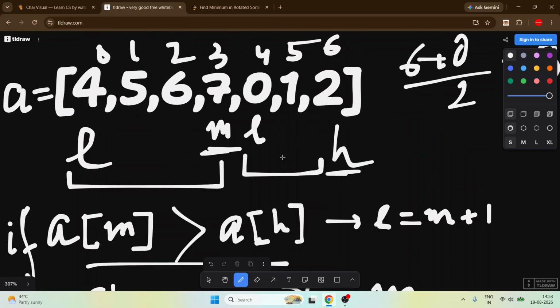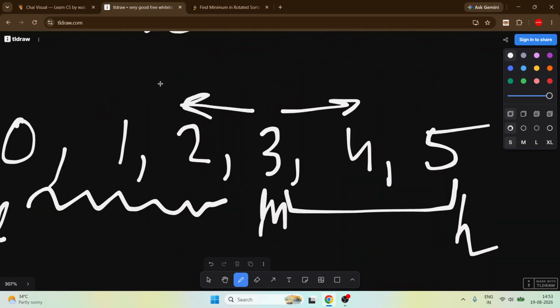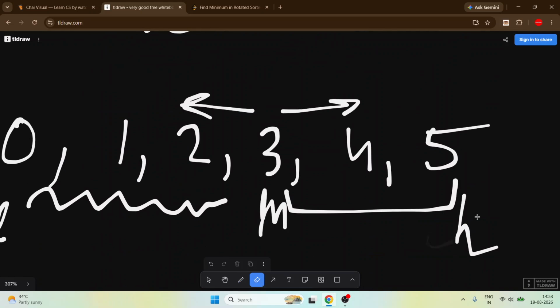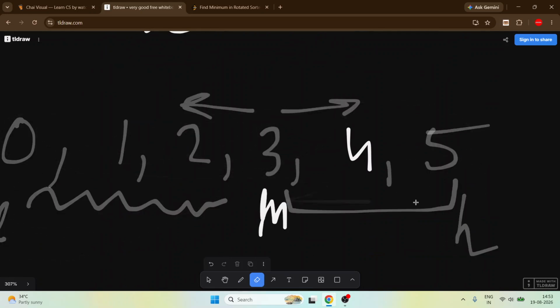Because if we want to find the minimum value, and somehow the minimum value lies here or in this portion, then we have to consider this 7 also, because maybe this 7 is the mid. It can happen.